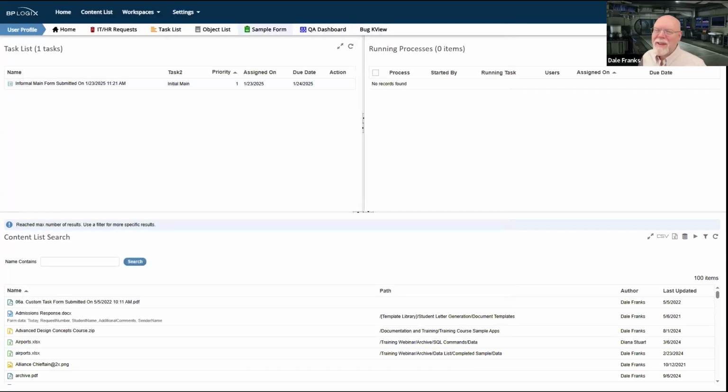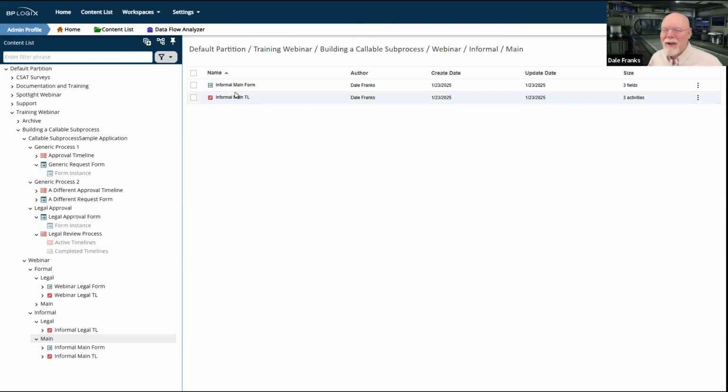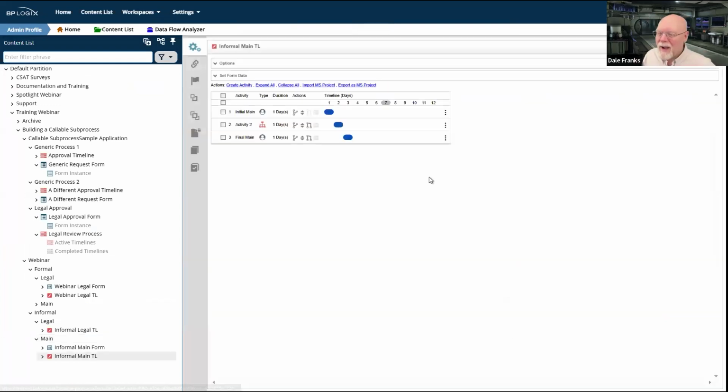Okay, it's staying in the same activity. What is going on here? I seem to have done something wrong with my timeline. Well, no, that's the initial main. So it should run. It's depend on.